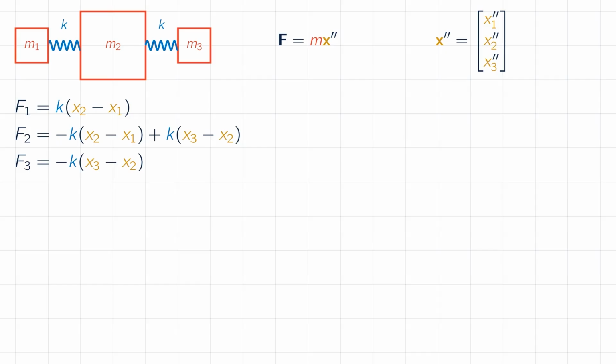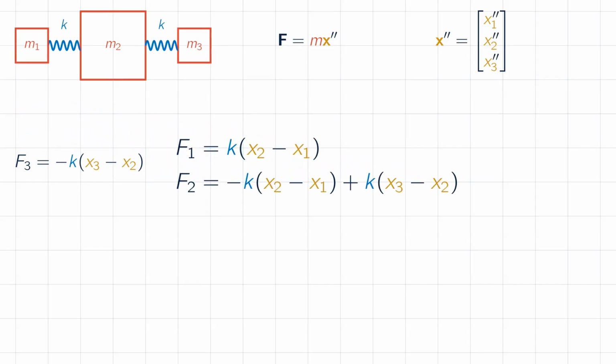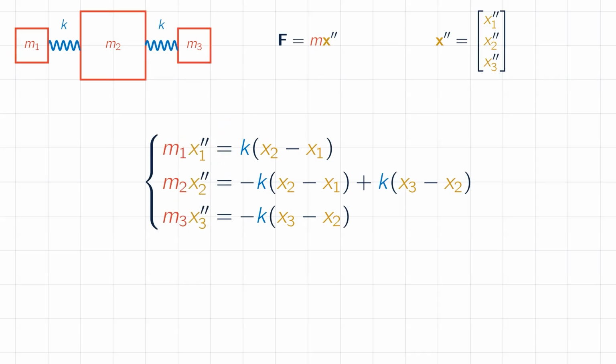Since Newton's law applies to all three bodies in our system, we can set up an equation with the term m times acceleration on the one side and the sum of all forces that are working on that body on the other side. We have three bodies, so we end up with a system of three equations. Try to write this entire system of differential equations in its matrix vector form in the corresponding exercise. After that, we can proceed to investigate the vibrations of the wings of the plane.